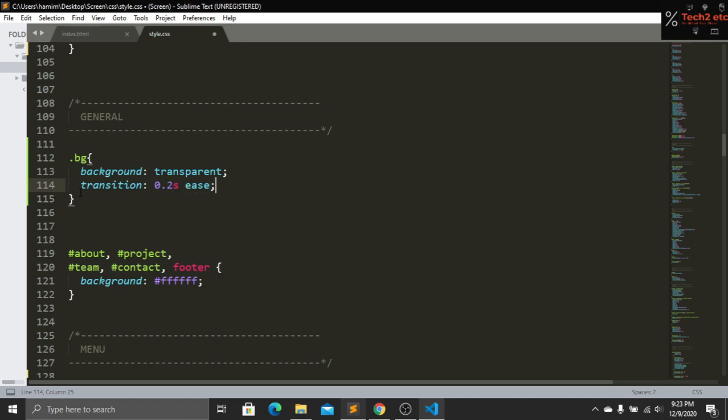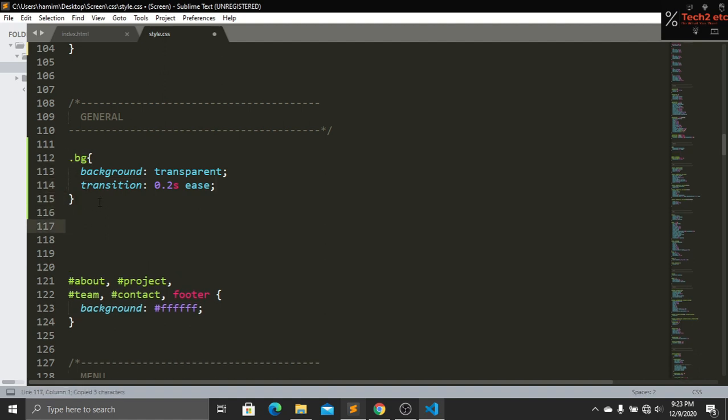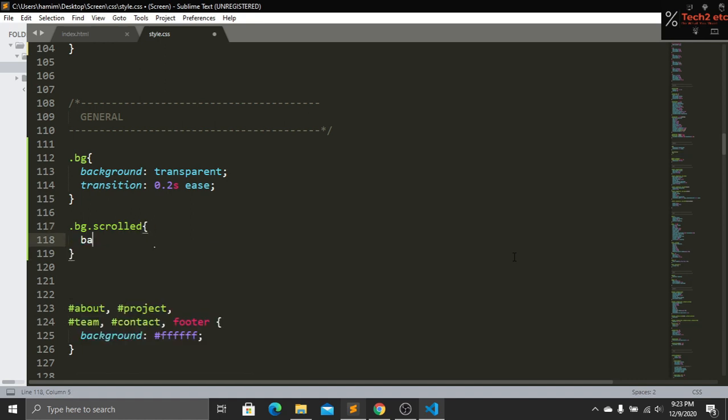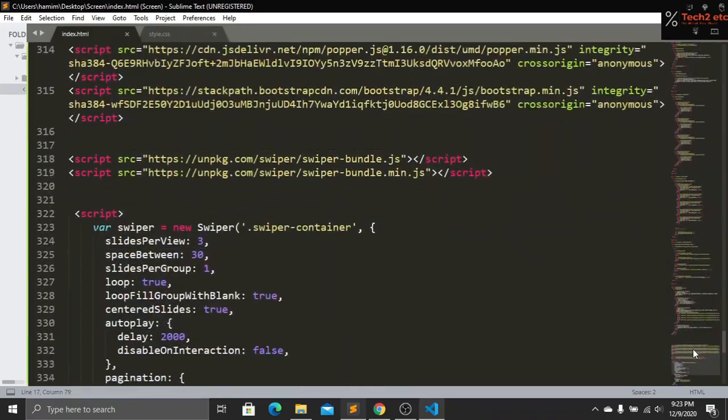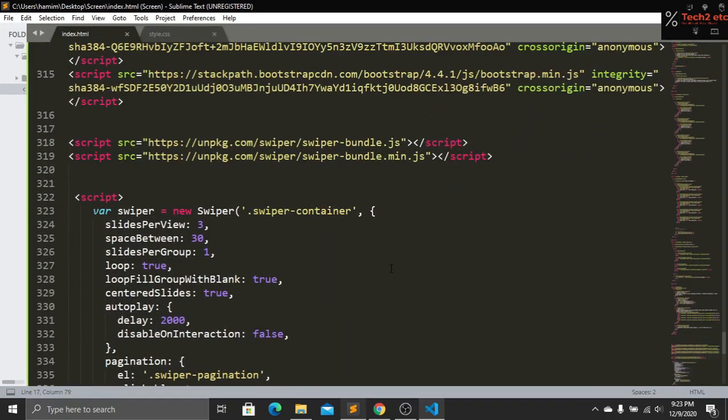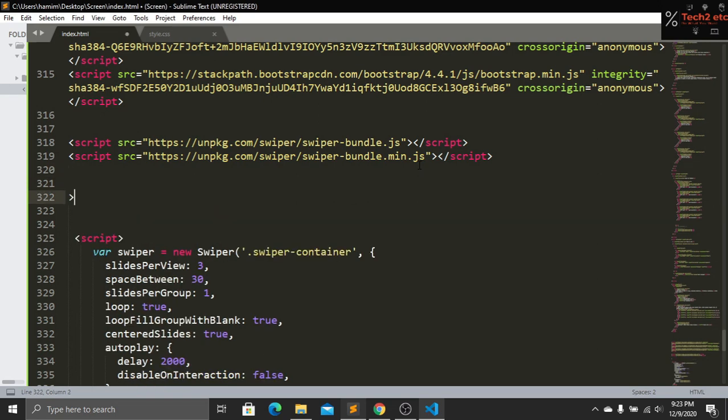That's it. Then we have to create another class here, and this will be bg.scroll. That's it. And here we have to create a background color, and the background color will be this one. That's it. Now go to our index.html file, and underneath this script file you can see that we have to create another script. Let's create a script,